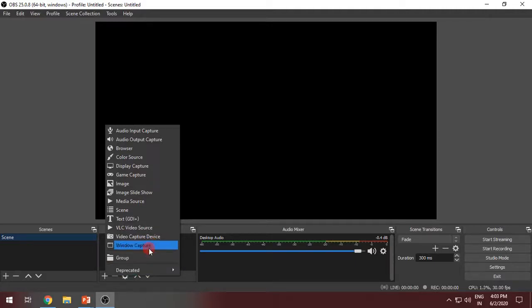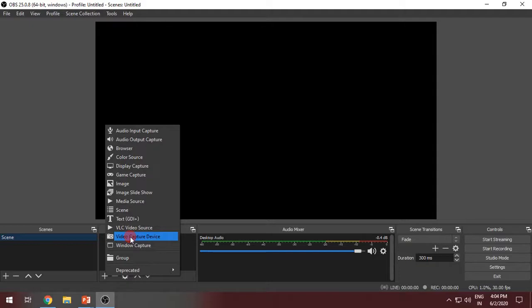So in order to capture only the live streaming, we need to capture our web camera. In case you are using your web camera, this is the option that you are going to use, that is the video capture device. So if you click on video capture, your webcam gets activated and you can live stream your video camera input. But since, for example, okay, let me show you this.